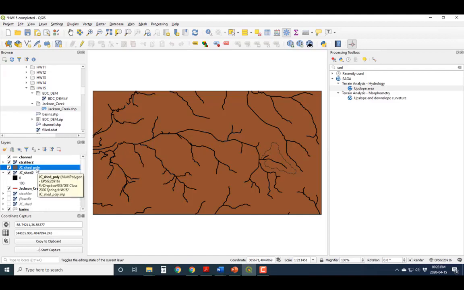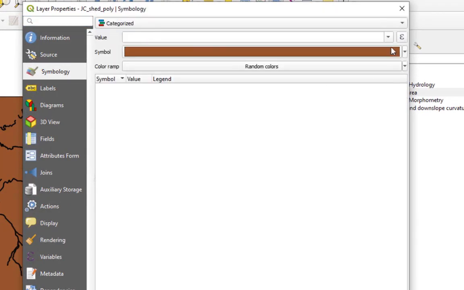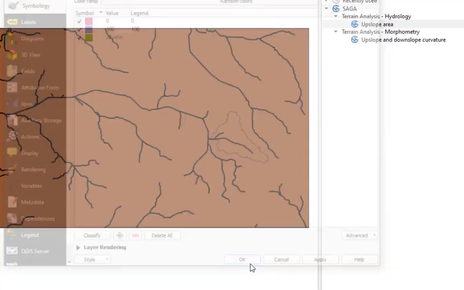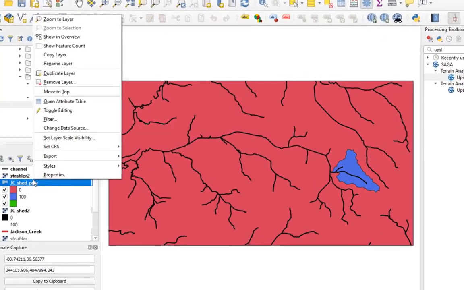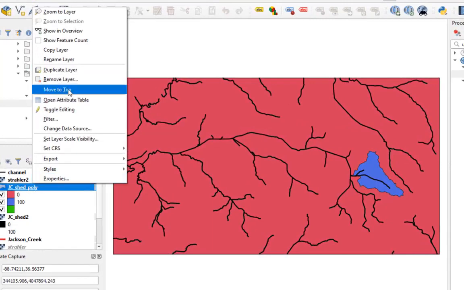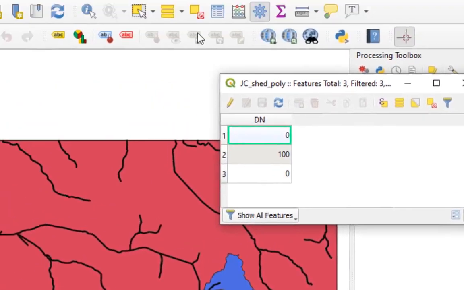Let's illustrate what we're looking at by changing the symbology here. And so we're going to categorize it based on the one field it has. And we classify. We can hit OK. And so again, you can see that our polygon has two shapes, outside the watershed and inside the watershed. Let's get rid of all this outside. If we look at the attribute table, okay, and so if we take the select tool